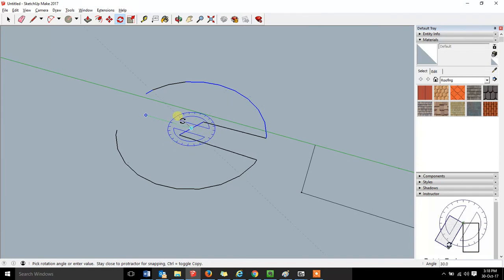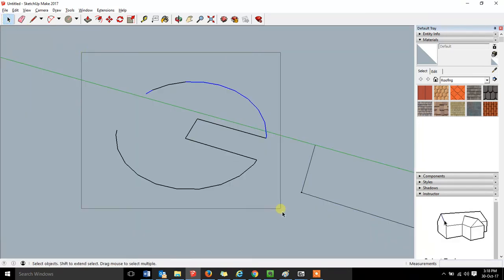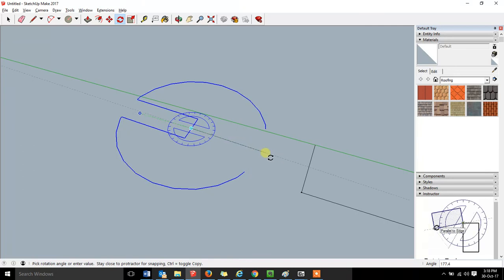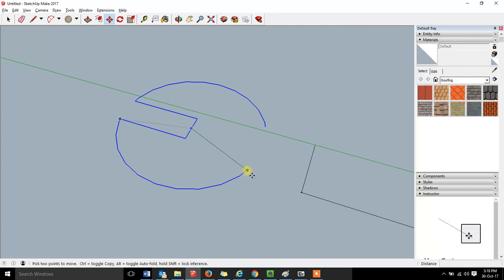Now we see our problem here. We didn't have everything selected that we needed, so it's only moving that middle bit. So let me click and drag around the whole shape. It's all highlighted blue. Select the rotate, select our midpoint once, move our cursor up to here, select again, and now we can precisely rotate that. You see how this dark black dotted line here lines up and wants to snap in? Perfect. I can then now get the move tool and click on this